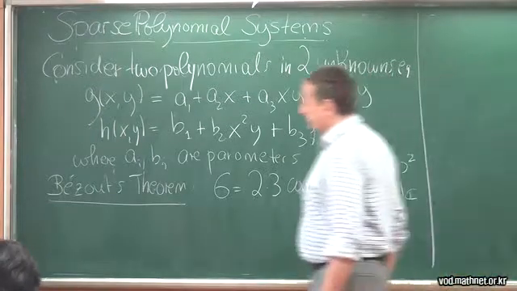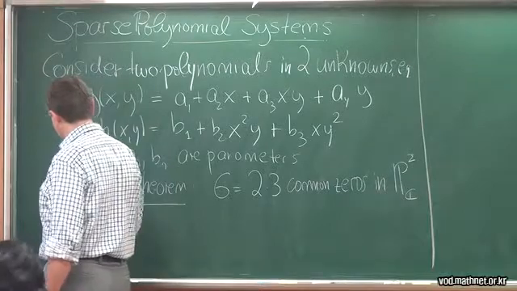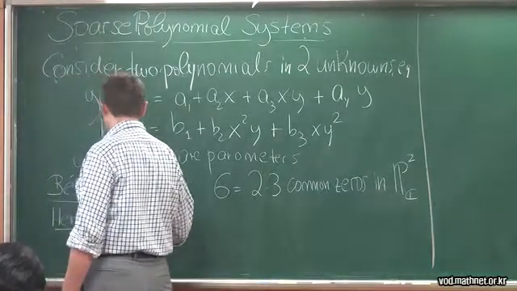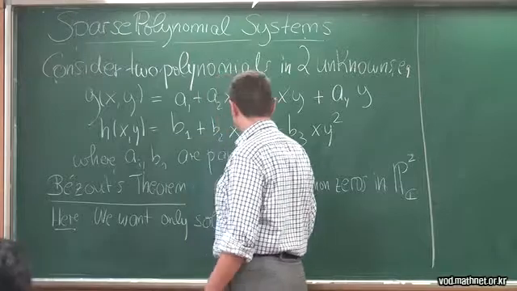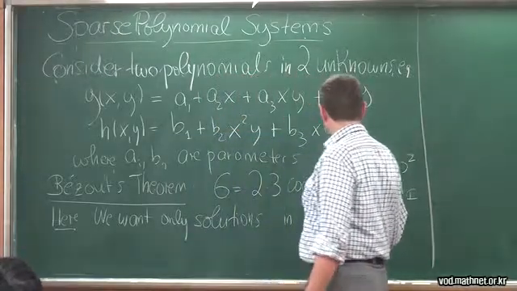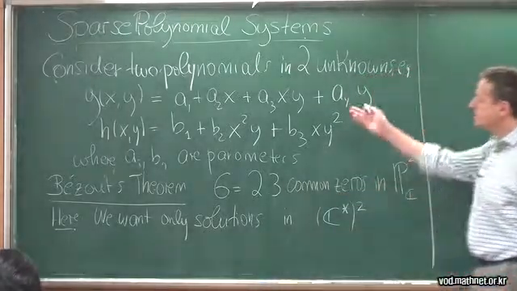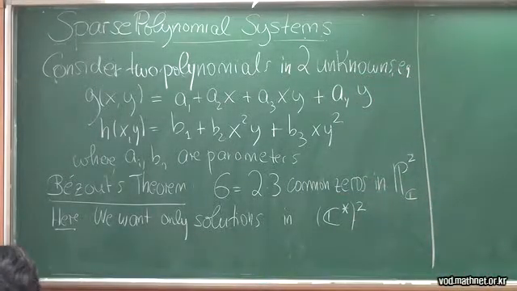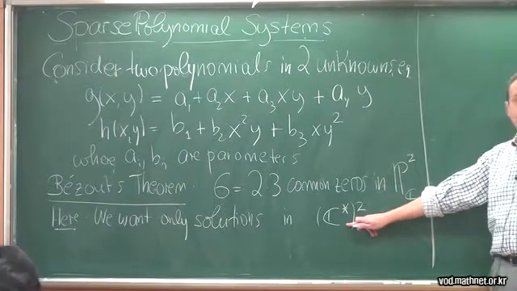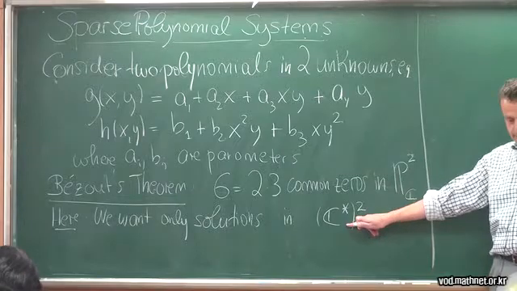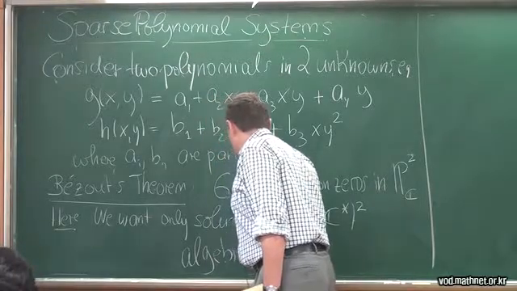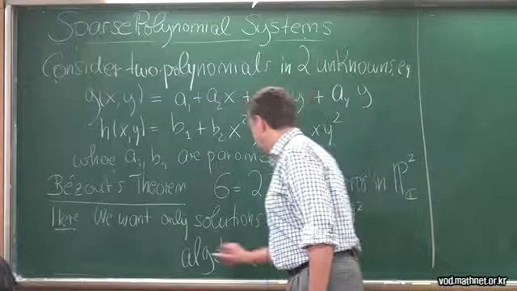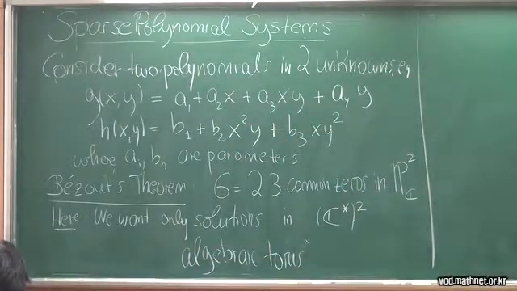Okay? Now, here we have a specific sparsity structure, and we want only solutions that have non-zero coordinates. So it turns out that some of these solutions will lie on the coordinate planes, but we're going to only be interested in x and y that are non-zero. X is a non-zero complex number and y is a non-zero complex number. So we're interested in solutions in the algebraic torus. Okay, so this object here is called the algebraic torus, and this is going to be our basic ambient space